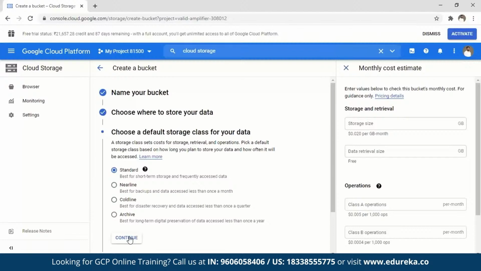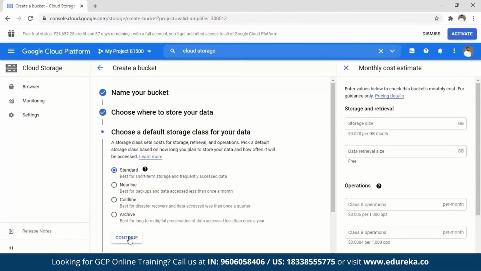Now you might wonder why do we have these different brackets? First of all, the first one is the costliest here. Why? Because there's no retrieval time. I mean, you do not have to wait for more than seconds, right? The latency is in seconds, even milliseconds in some cases, which is very less. So if you're talking about mission critical data, it is always wise to put your data in this storage. Next is your nearline and the others.